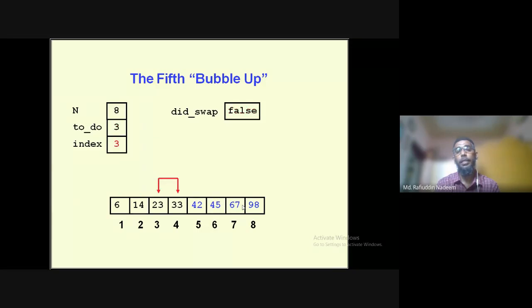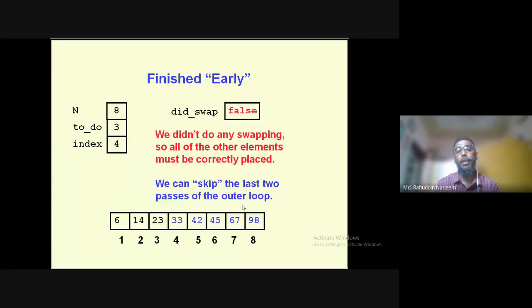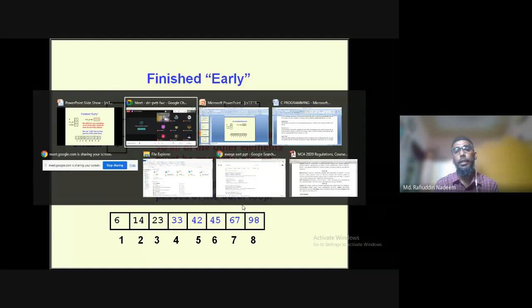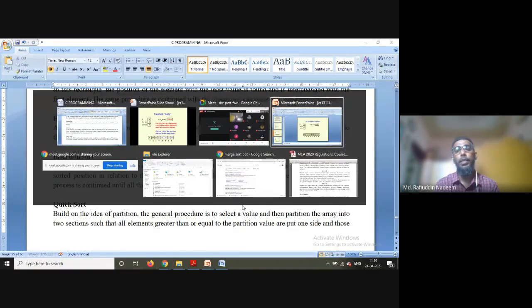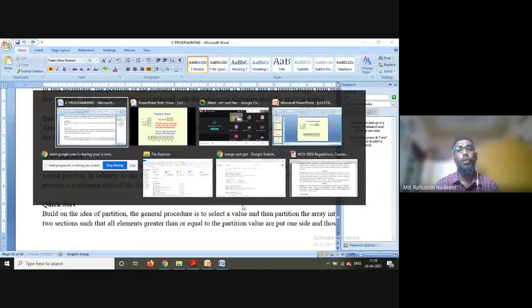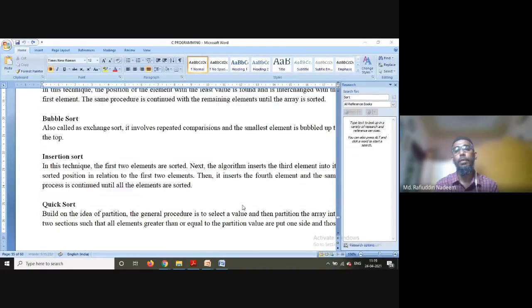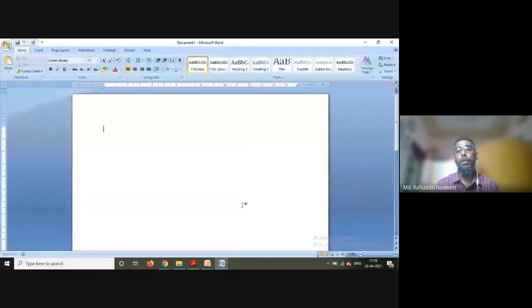So it will check for the confirmation, and by this time, all the elements are sorted. This is the procedure. This is one way. In our program, which I have given you in the material, we have done it in some reverse way. What is that reverse way? For instance, what we have done here is,